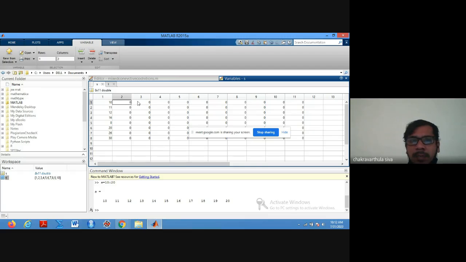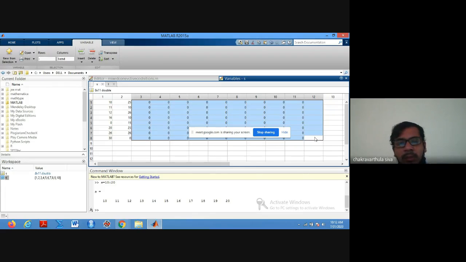Similarly, this indicates some other data like 25, 10, 26, 10, 15, 23, 28, 35. So remove all other things. I'm just deleting the rest of the columns.